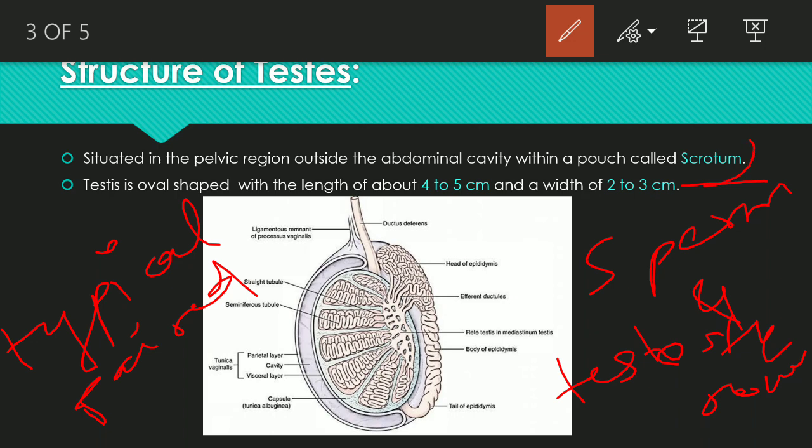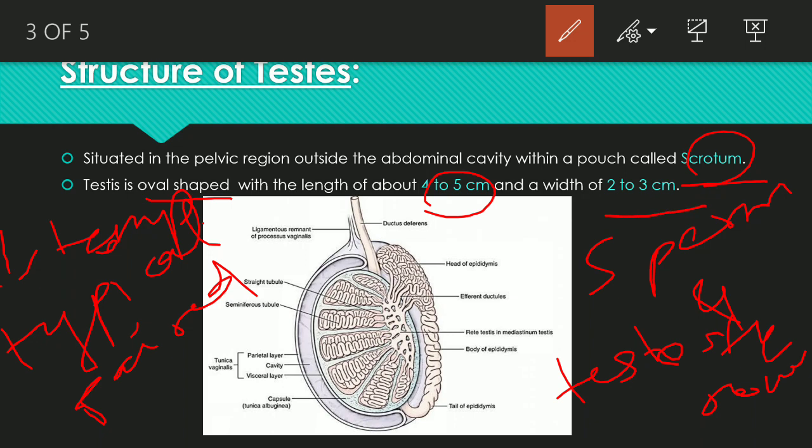Now, what is scrotum? Scrotum is the pouch in which the testes are situated, and it helps in maintaining the low temperature of the testes necessary for the spermatogenesis. The testes are generally oval shaped with the length of about 4 to 5 cm and a width of